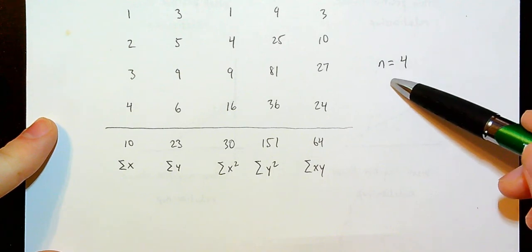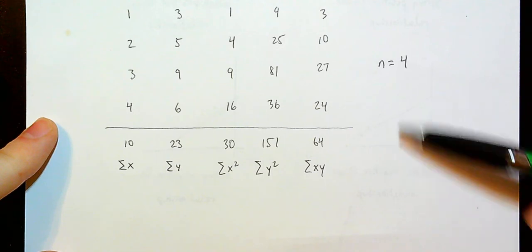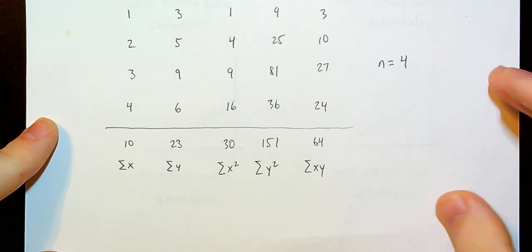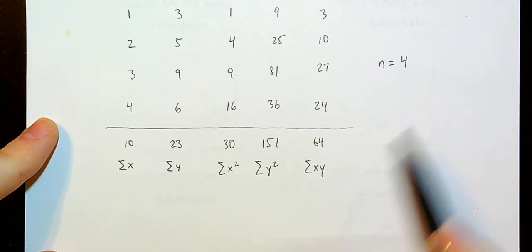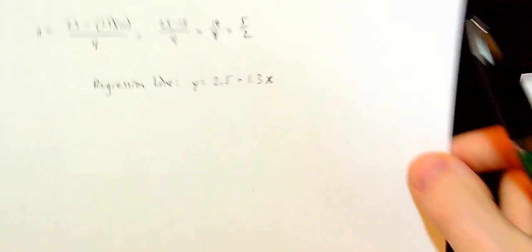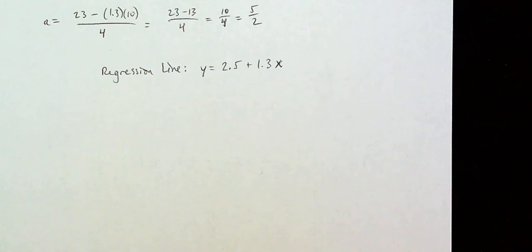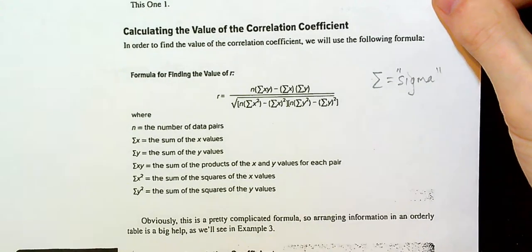The other thing we needed was n. n was the number of ordered pairs that we had, or the number of data points. That was 4. So n is equal to 4. We now have the 6 pieces of information that we need to substitute into our formulas here. So when you take those 6 values and substitute them into the formula for the correlation coefficient here, you're going to get